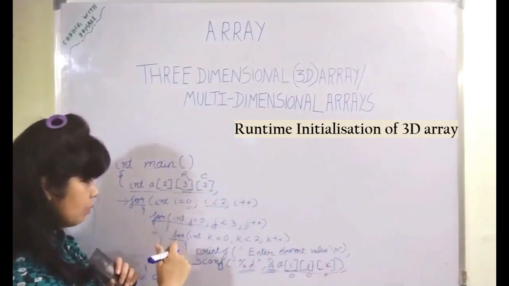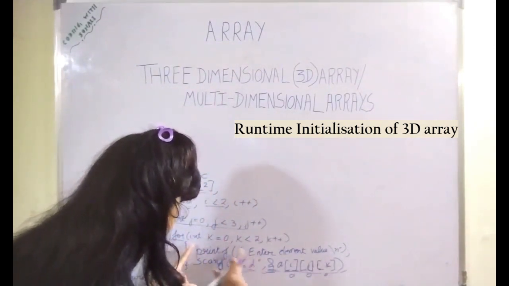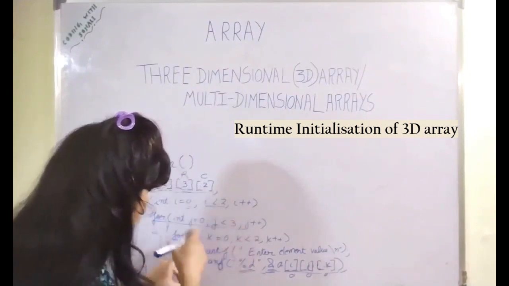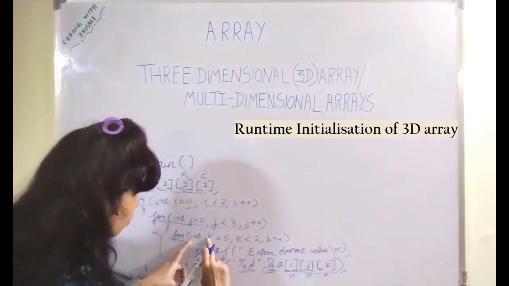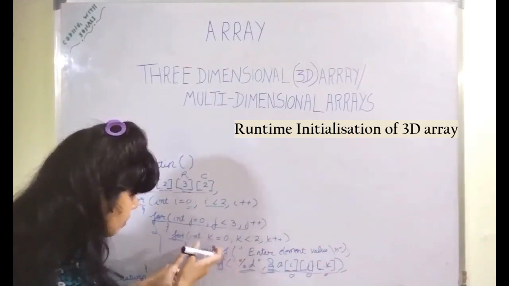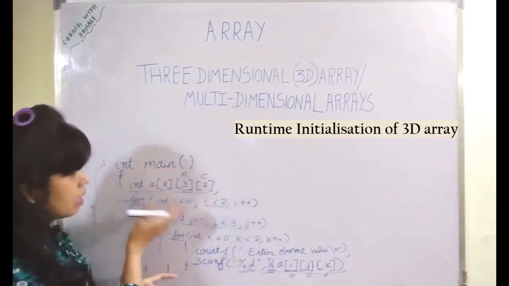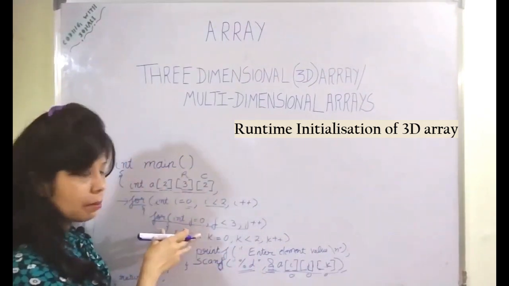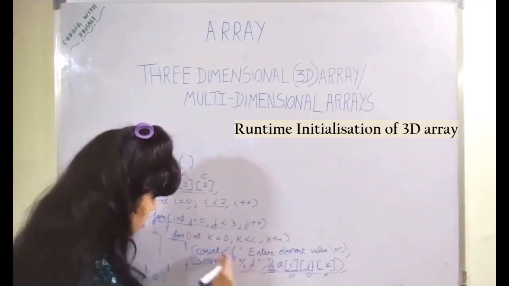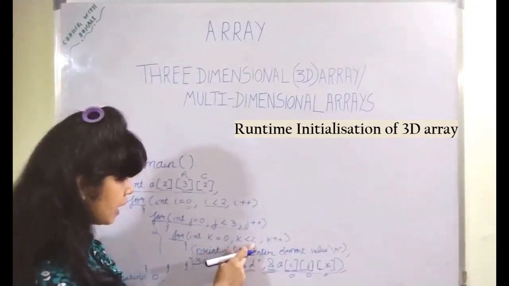Now next time, what will happen? You know how the execution gets completed. The inner for loop will complete all of its iterations first, and then the outer for loop will be completed, and then the other outer for loop is completed. This loop will be running 2 times, for k is equal to 0 and for k is equal to 1, because you have given k less than 2.